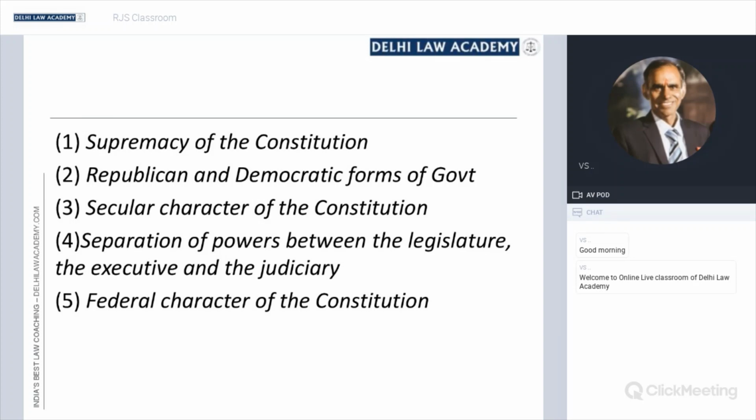The federal character of the Constitution. Supremacy of the Constitution, secular character, federal character, these three things. Then form of government, it is republican and democratic, and then separation of powers. These were specifically mentioned, and then, as I said, it was an open issue. It was kept open to be decided, and then when the situation